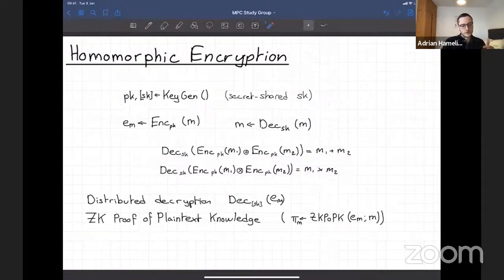So this is what you're going to be doing in the pre-processing step, and the next slide is going to go over how you actually use them to generate the secrets. Oftentimes, though, you need to accompany a ciphertext with a zero-knowledge proof of plaintext knowledge. So just a proof that the ciphertext is the correct encryption of what you're trying to encrypt.